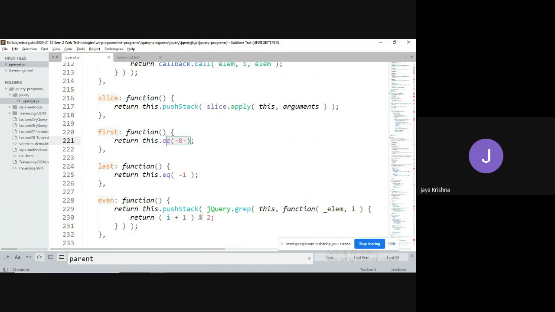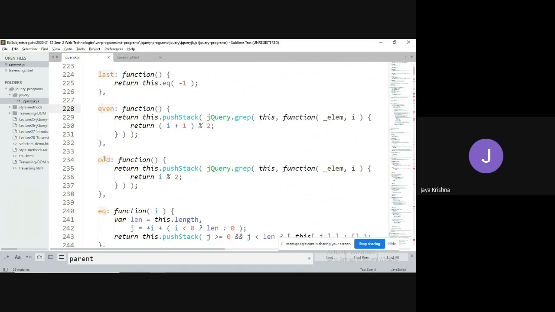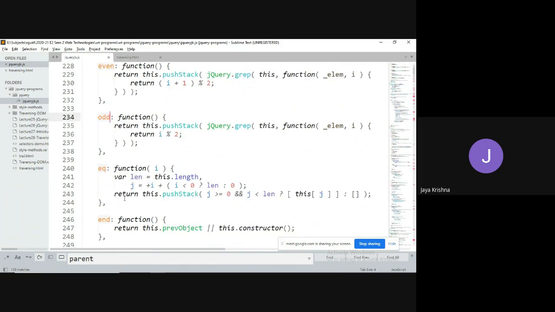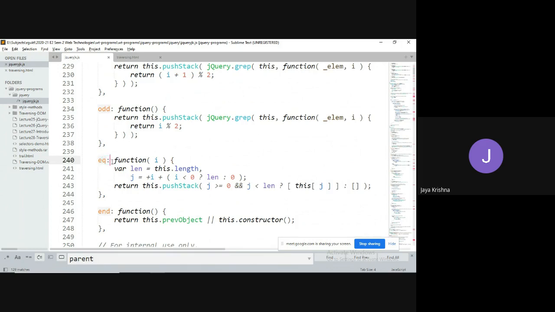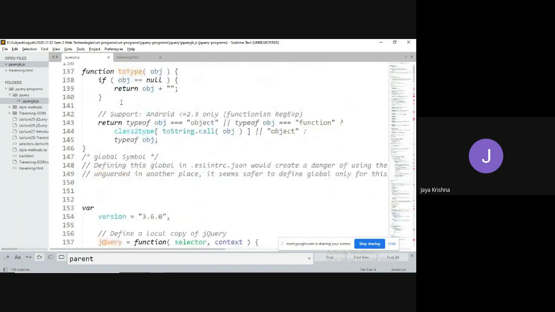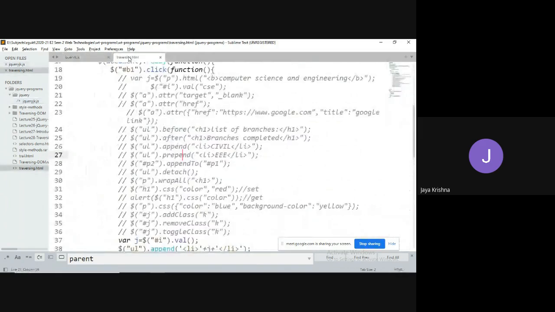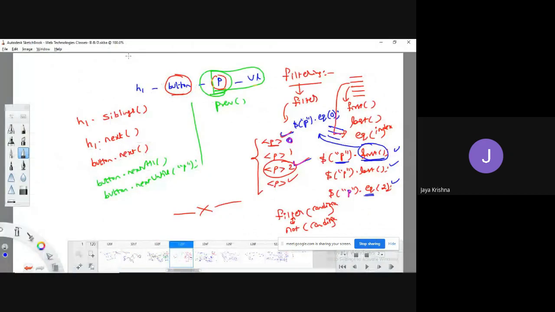Instead of writing equivalent of 0 specifically, they implemented the first method so that it reduces the burden on the developer and development time is less. Similarly, there are the last method, slice method, even method, which returns all the even elements, odd method, and equivalent method. Like this, they have already built all the methods in the form of a library.